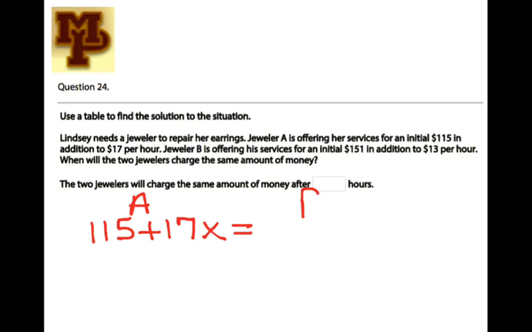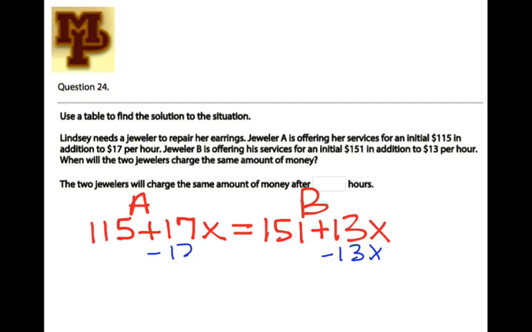Jeweler B charges $151 plus $13 an hour. So now we just need to solve for X. So I would subtract 13X to get your variables together. So then that would be 151, that would cancel out. This would be 115 plus 4x, and then subtract